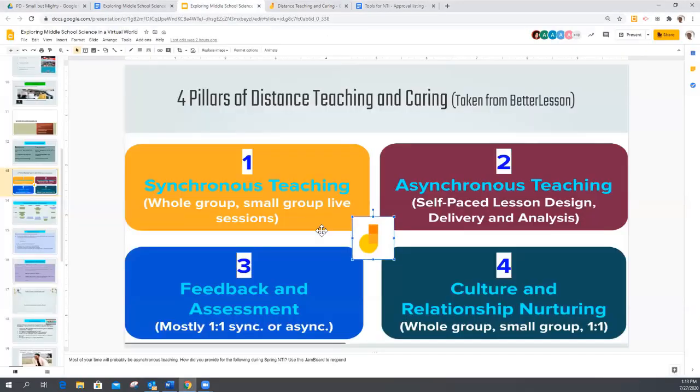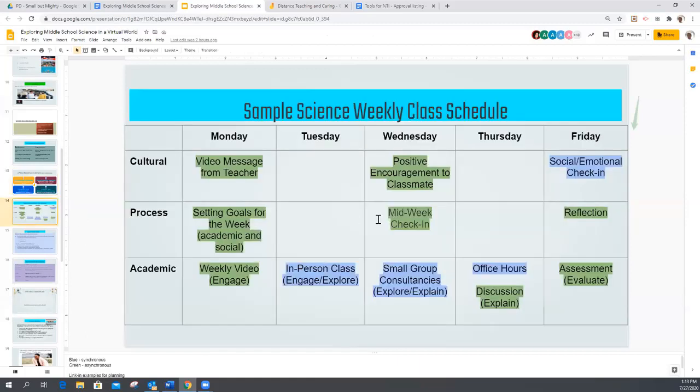All right, so we're going to move back. Once again, what I wanted to do is two things here. I wanted to talk about these 4 pieces because I think they're very important as we go forth and think about what we're doing with our kiddos. And I also wanted to embed in the Jamboard so that if you haven't done one before, you've got at least a little bit of a feel for that. So let's move on.